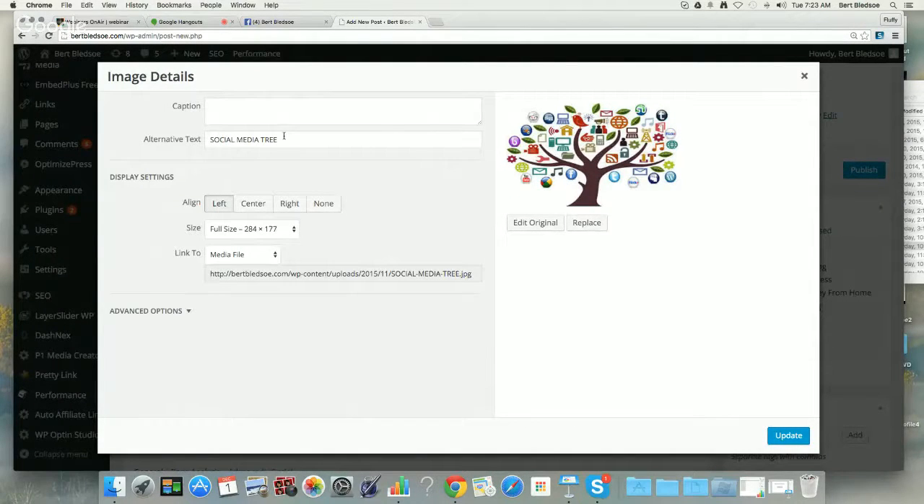I could give it some alternative text. I can adjust the size of it, the center, the right. And then the media file, it says link to media file. I could say link to attachment page or custom URL. So when I say custom URL, then in this case, let me just hit update for right now so that I can just